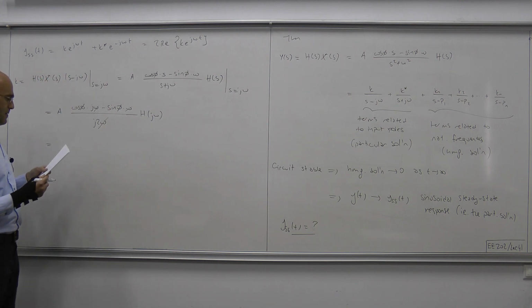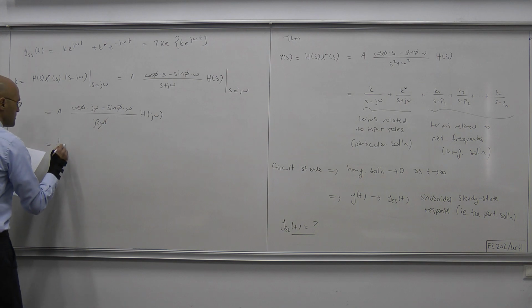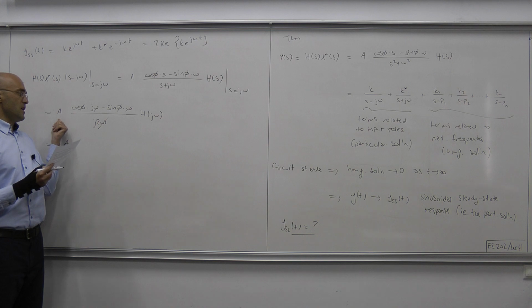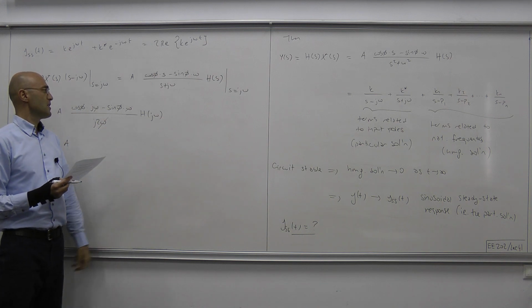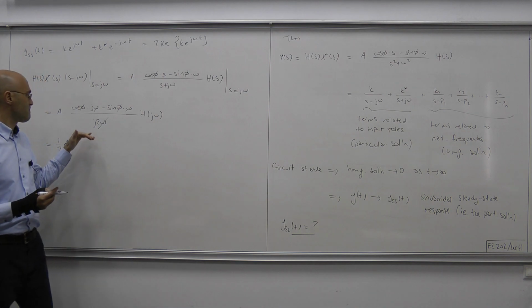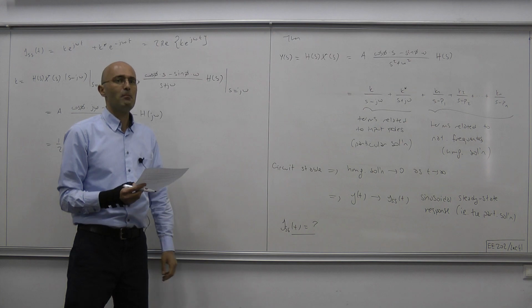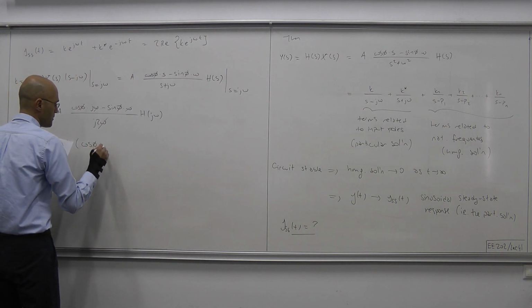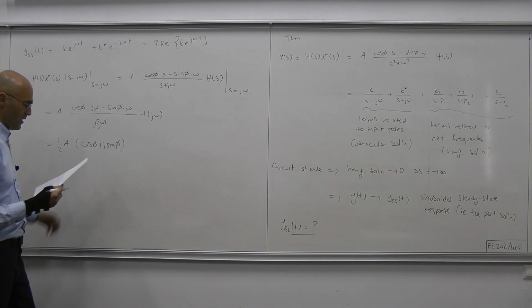Okay, and then we can write 1/2 times A. Okay, we take this 2 here, and what we have is cosine phi plus j minus sine phi divided by j. Okay, multiply both numerator and denominator by minus j, and that produces cosine phi plus j sine phi here